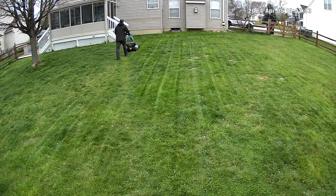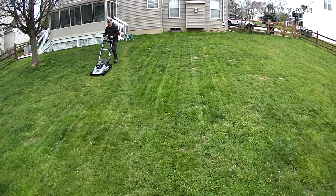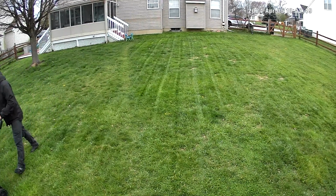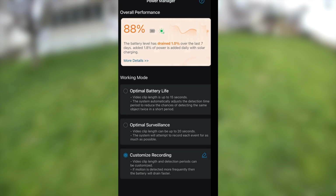Now, like I said before, I did change my power management settings to customize recording, allowing me to customize it all the way out and get a longer clip length. I changed it to 60 seconds and the intervals between to 60 seconds. I want to make sure I get the maximum amount of clips whenever I get some type of detection. And with that being said, it says I have 88% battery right now, and when I click more